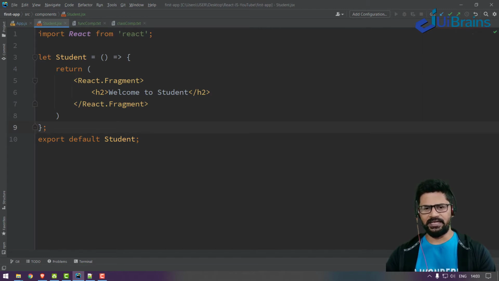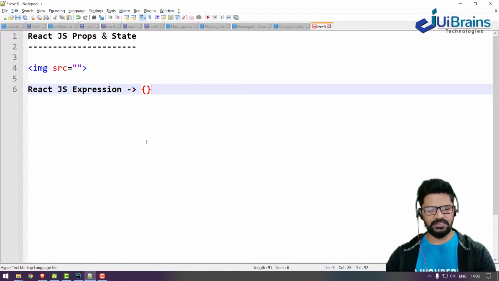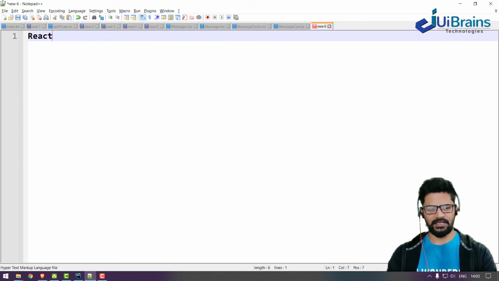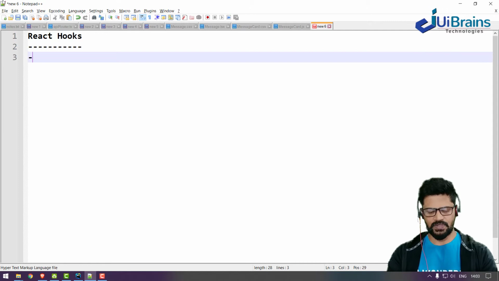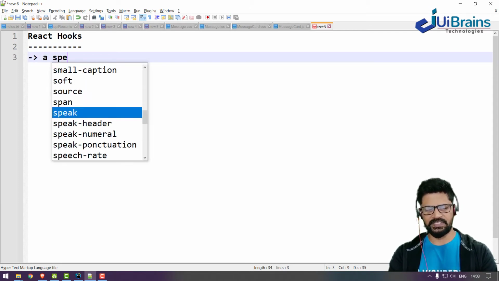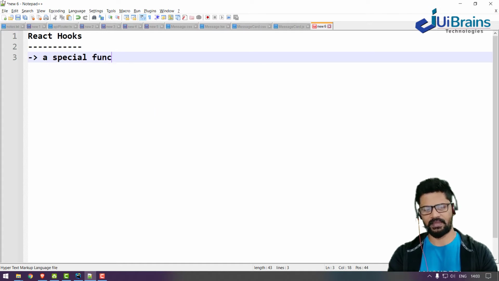It is completely different. Here, to maintain the state in a functional component, we have to use a new concept called hooks. So here React hooks come into the picture. What is a React hook? A React hook is a special function of a component.